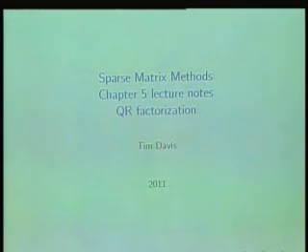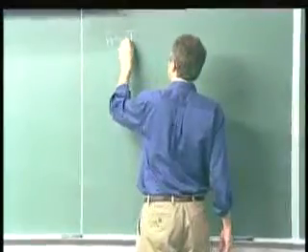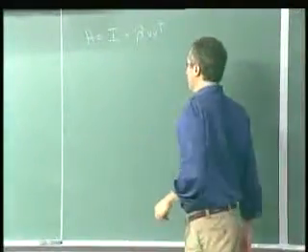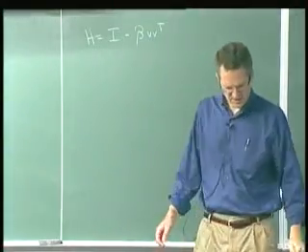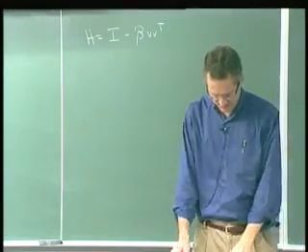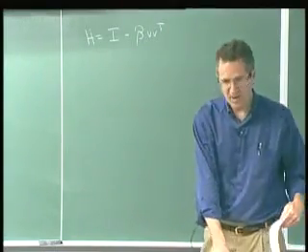So we left off looking at the properties of Householder reductions and the properties of QR factorization. And what I showed you was just the